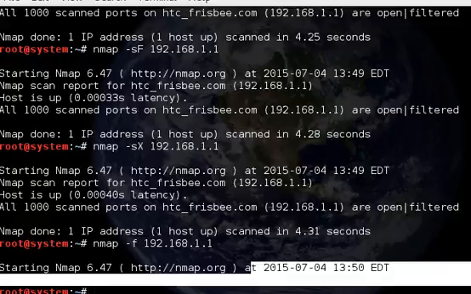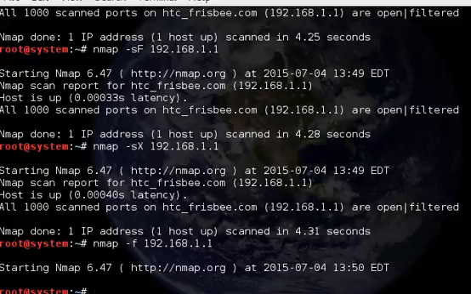Another interesting option, which is also very tricky, you can use to fool the IDS. When the IDS is checking all the network activity, if they see anything suspicious, they will block it. But what if a few IP addresses are doing the same activity? The IDS cannot block everything, because if it's a website, they might lose customers. So you can use nmap -D and create some decoys. This can be your fake IP address,